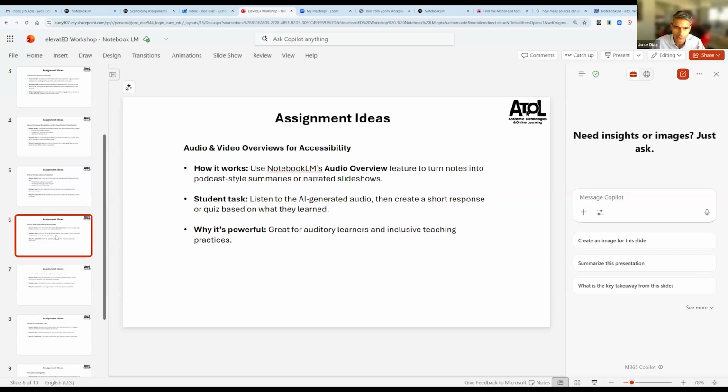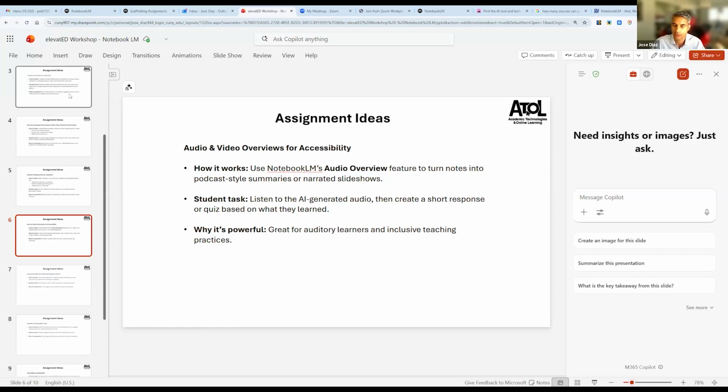I'll say one more before we turn over. We talked about students using these notebooks to take notes in the classroom, if the professor allows it, with a notebook specific to that one course.